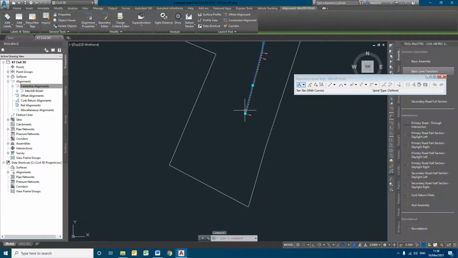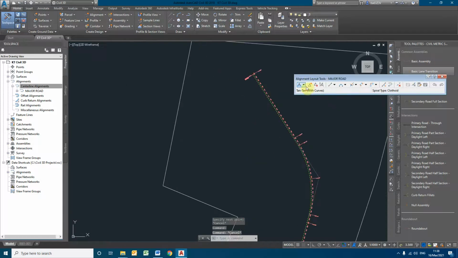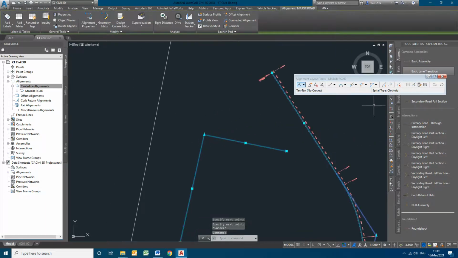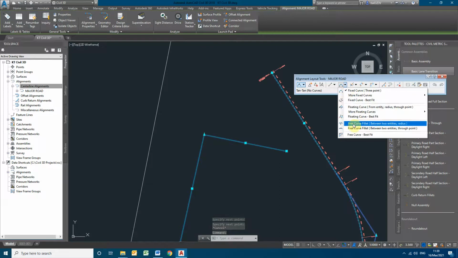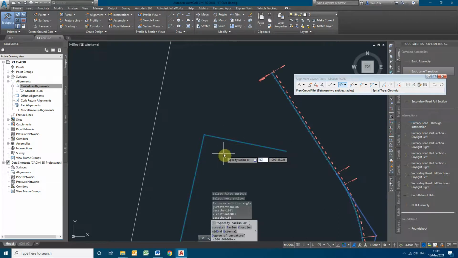So you can continue your alignment in this way, and similarly I will be showing you a few more tricks, also how to get the tangents and then assign the curves and transitions. For this, now just click on the tangents with no curves. So you can create an alignment with only tangents, so you don't get any curve. You can assign the curve later, first entity, second entity, you can assign radius.